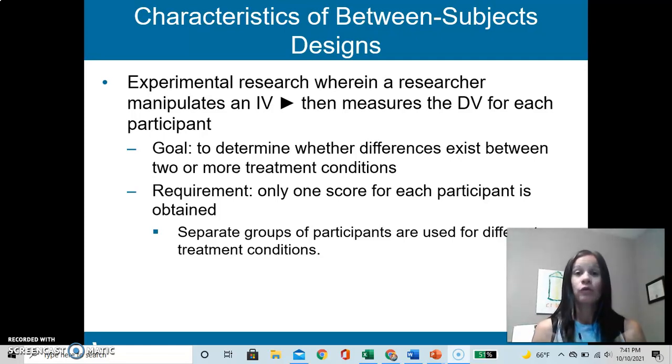For between subjects design, basically what you have then is independent groups for each condition. So you would have only one score for each participant. So for instance, if I had two conditions, let's say my IV is meditation, actually no, I use that one all the time. Let's say my IV is